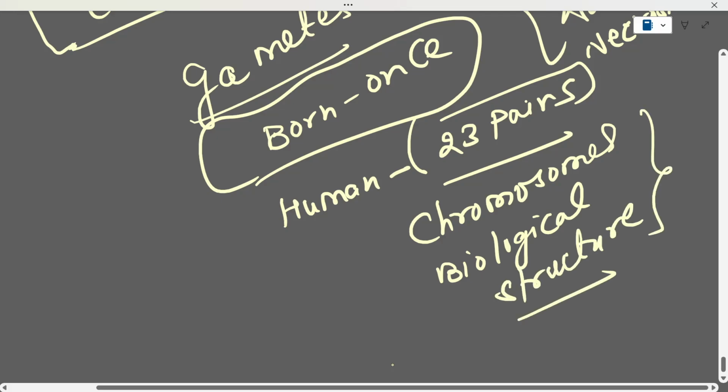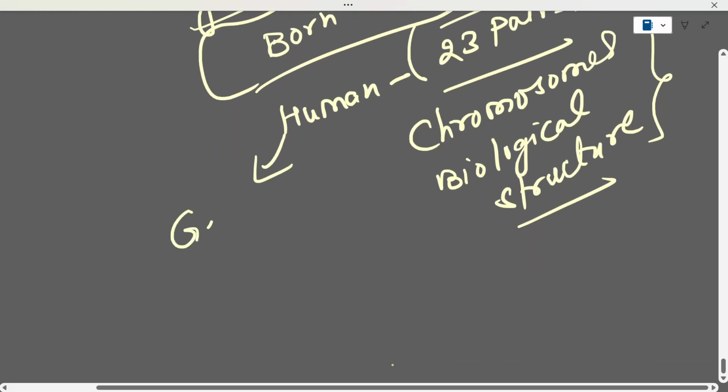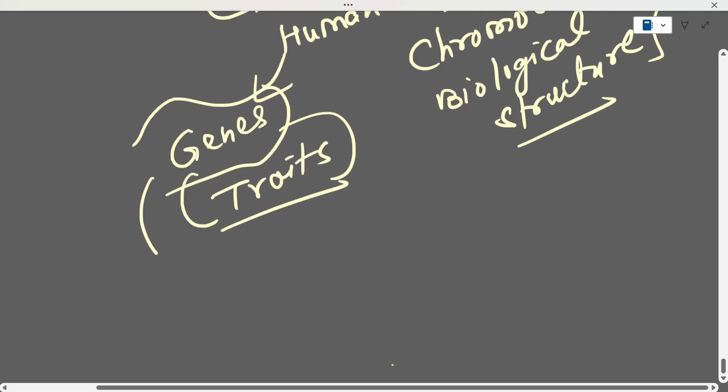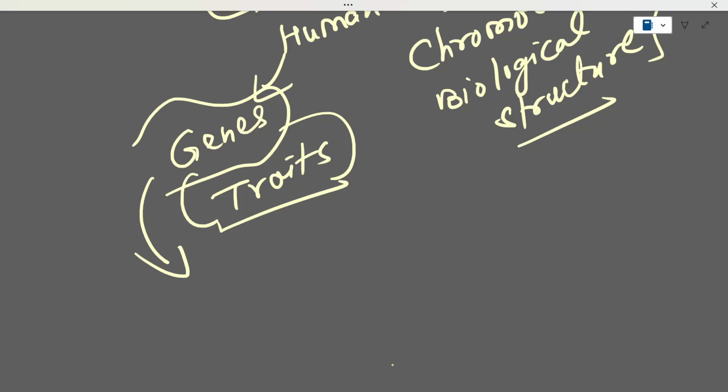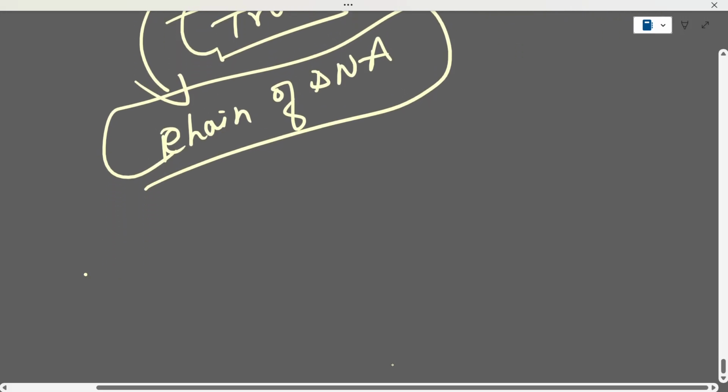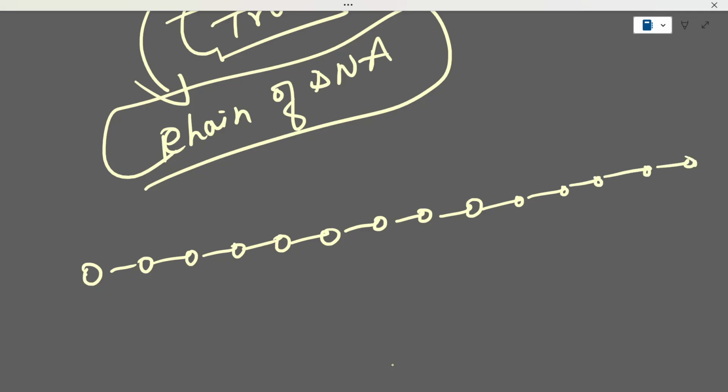which can be seen, which can be felt, whereas genes are the traits which are not seen, but these are characteristics or features of a particular species, a particular individual, that are given to the particular chain of DNA. So this repetitive unit of DNA, let's say the DNA is in the form of a long chain which keeps repeating itself, and this repetition